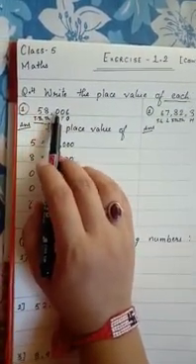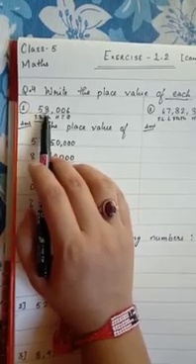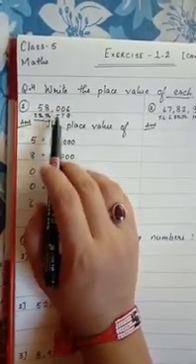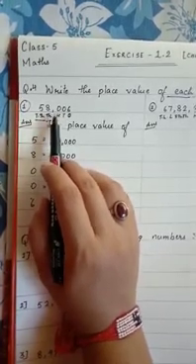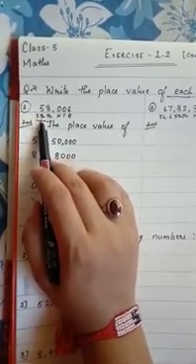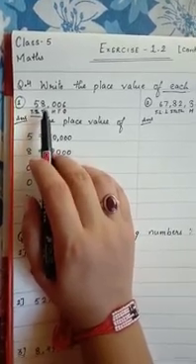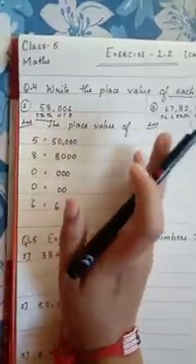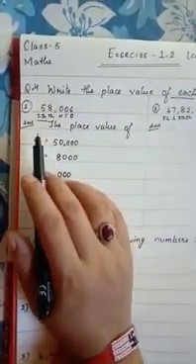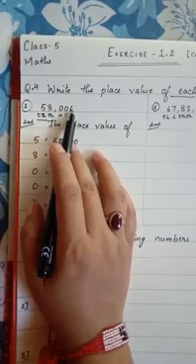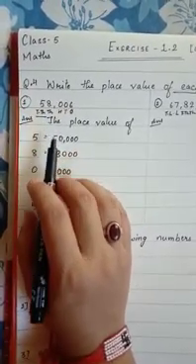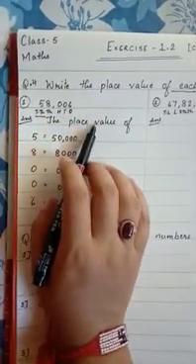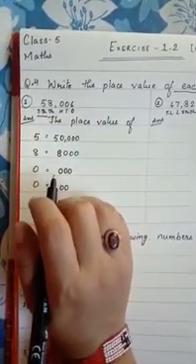It is 58,006. So we will first put it in the place value order, that is ones, tens, hundreds, thousands and then 10,000. As we were writing earlier the place value of the given digit and writing the answer, here we have to write for all the numbers. So we will not write the statement for every number. The statement will be the same, so we will write it only one time and then the answer for every digit.